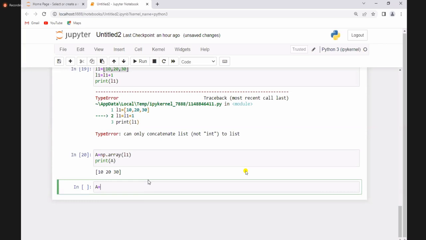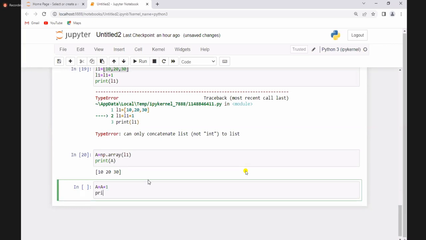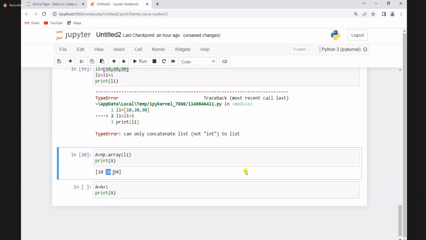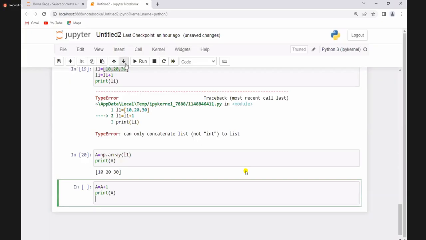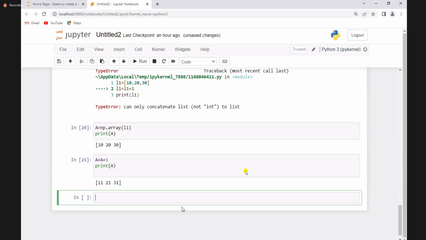Now I am writing A is equal to what? A plus 1, you say. Now print A again here. See what is happening. It will become 11, 21, 31. Now print that, execute that. It is going to become 11, 21 and what? 31. What is this known as? Vector operations are possible with what? NumPy programming, which is not possible with